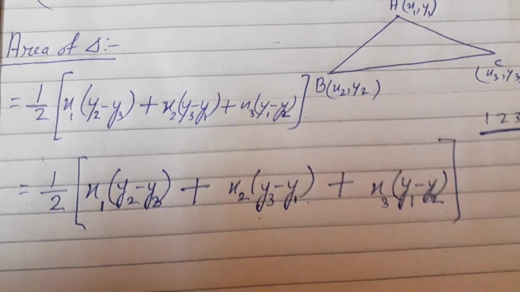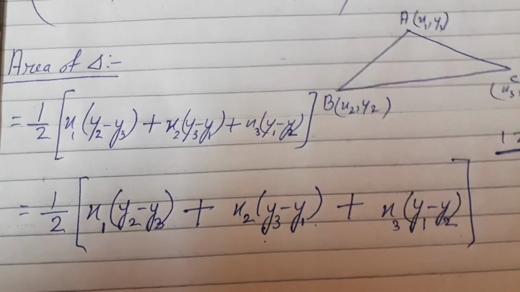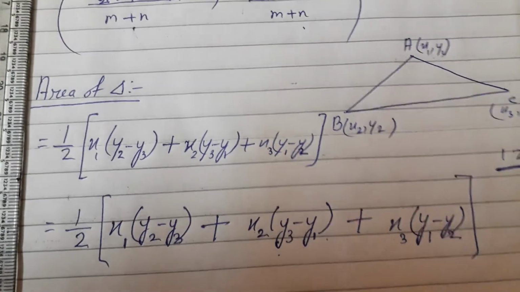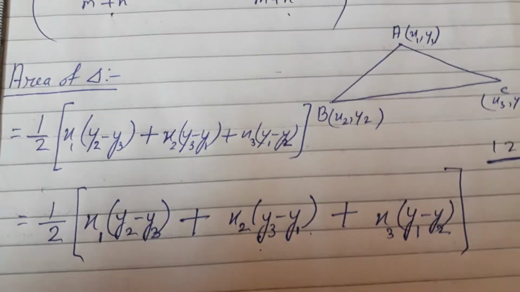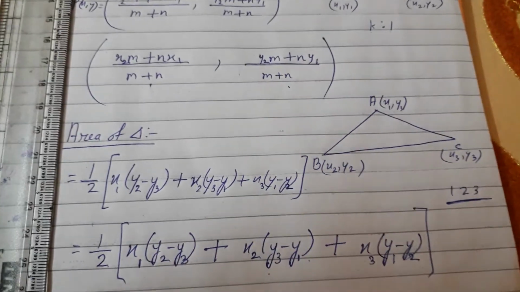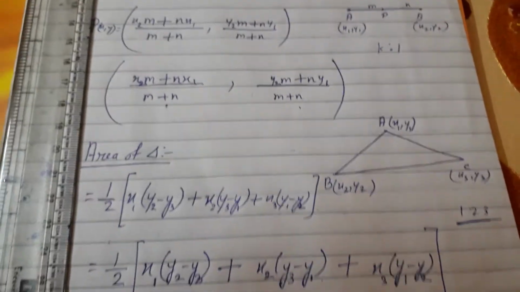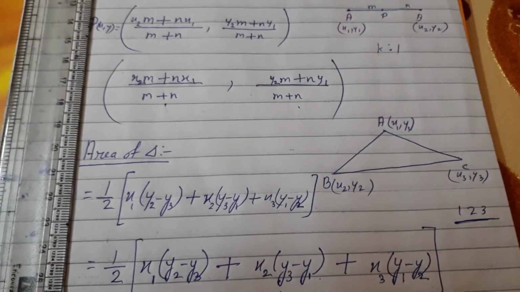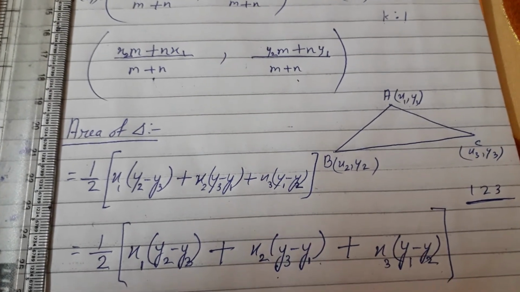Okay, so please do not remember this area of triangle and the section formula thoroughly. If you learn these two formulas thoroughly, then it will be very confusing. Okay, it will be very confusing for you only. So please do not get confused. Always learn these two formulas the way that I have shown to you. Okay, then there will be no confusion.